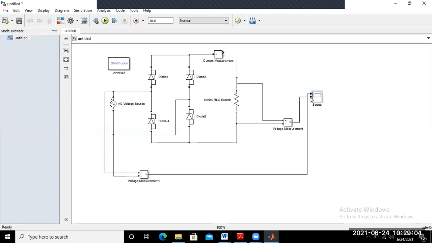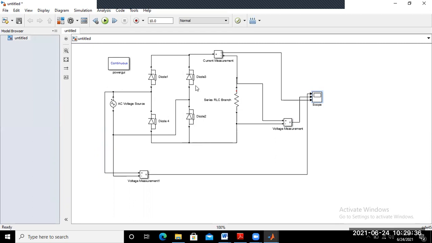And this current waveform can be measured from this. So the circuit is simulated in a proper manner. Verify whether all the parameters are connected in a proper manner or not. So this is your single phase full wave rectifier.